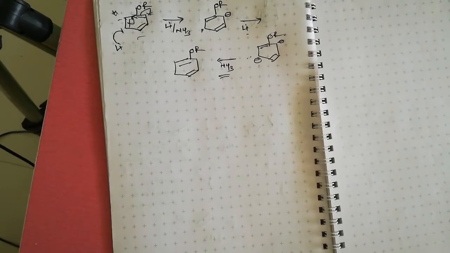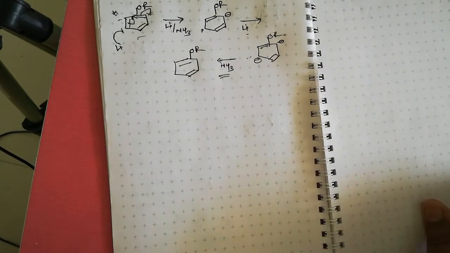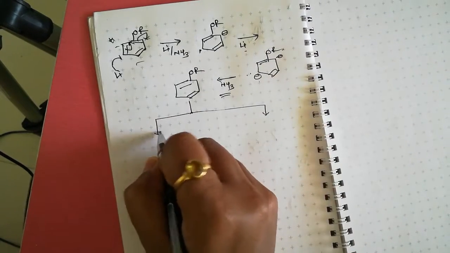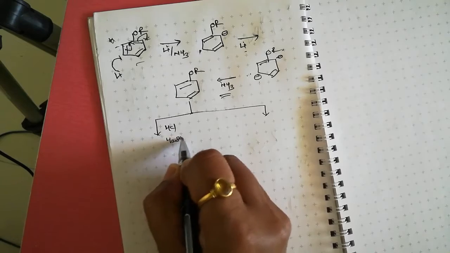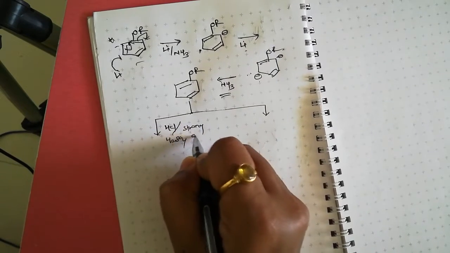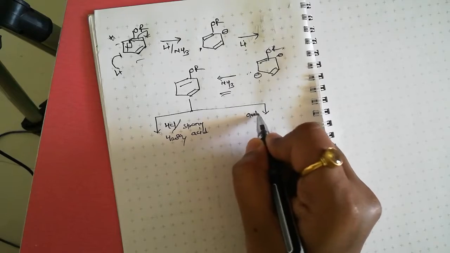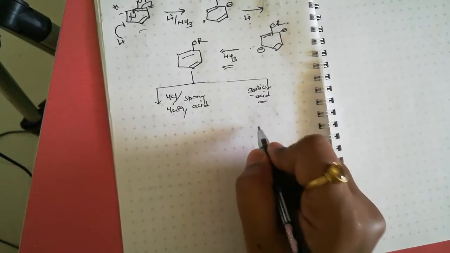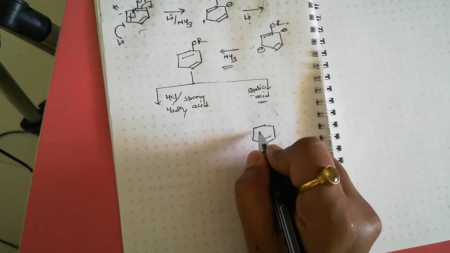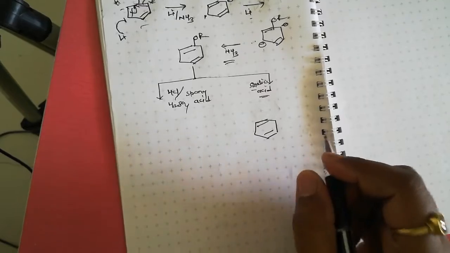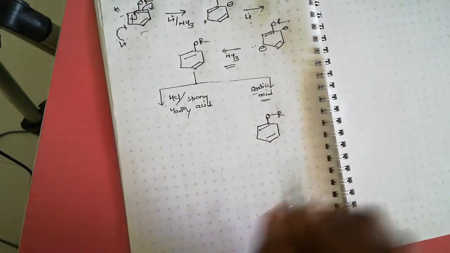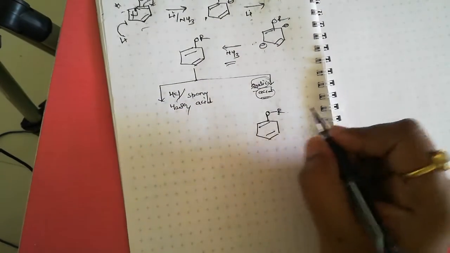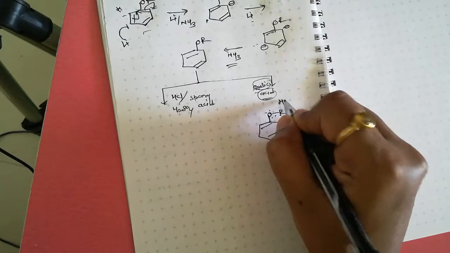Now we can see next, if there is HCl or H2SO4, these are strong acids. Here we add oxalic acid, we get different products. If there is oxalic acid, then first we write the mechanism step by step. First we can see for oxalic acid. Here oxalic acid consists of proton.